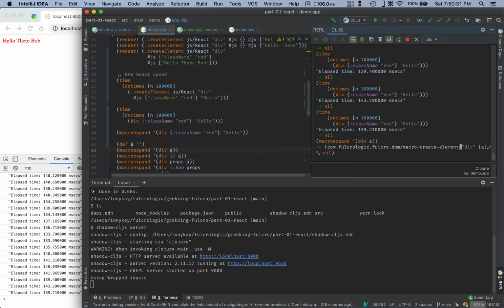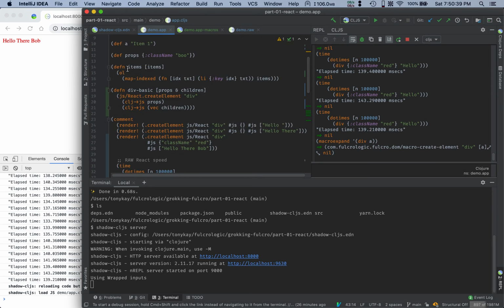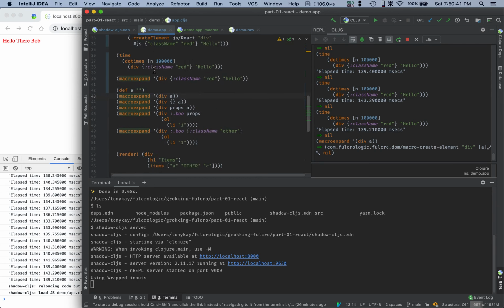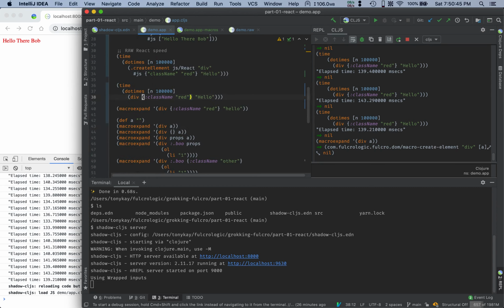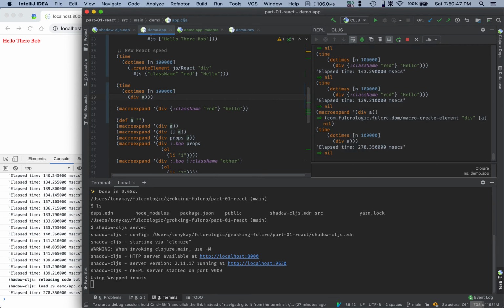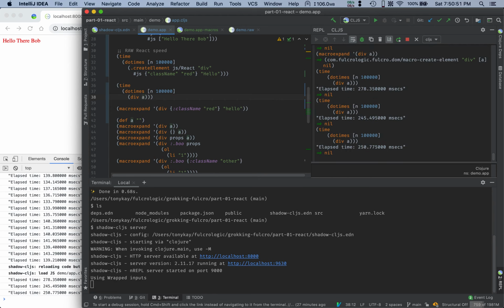Notice there's no star on this, with plain Clojure data, and so that's going to have some overhead. So if I take this guy up, and I've got a defined up here just as a string, if I take that guy up and put it in here and run that, you'll see it's slow again. And it's slow because it's having to do runtime interpolation of the arguments to figure things out, and that can only be done by a function. And so there's no way to do these